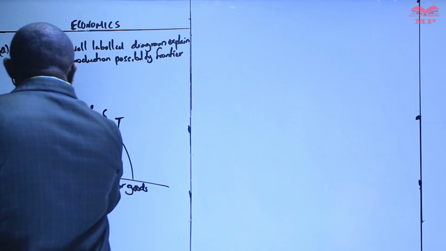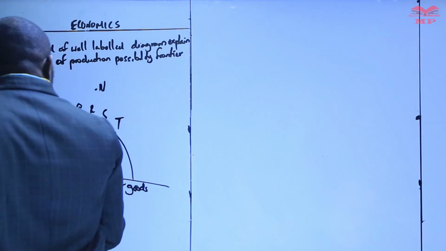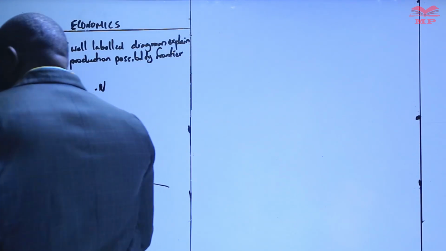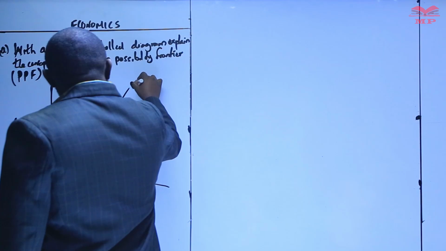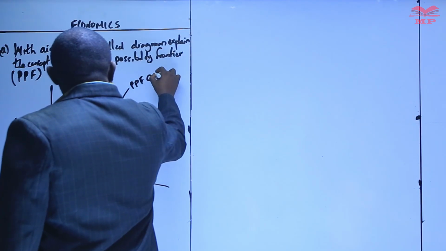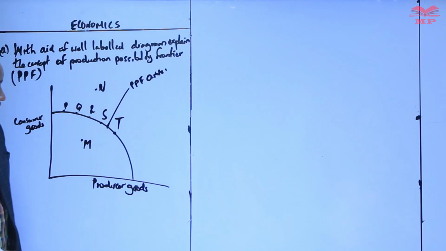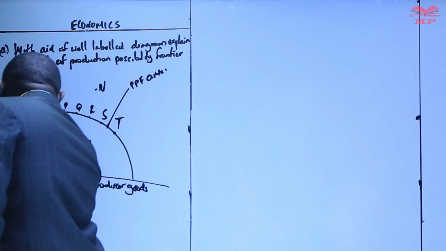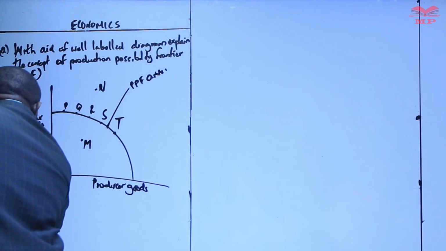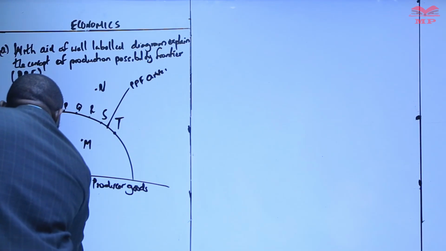Then we have points that are inside the PPF curve, and points that are outside the PPF curve. Very important is to understand that this is the PPF curve. We need to understand what happens at each and every point. The first is the points on the PPF curve: P, Q, R, S, and T represent